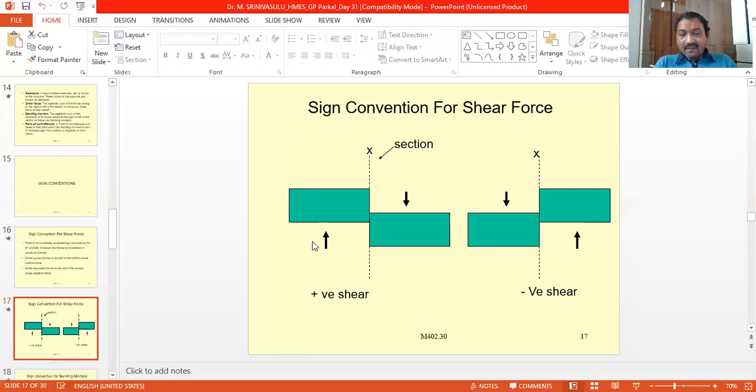And the opposite to this: if it acts upwards to the left, then downwards to the right is also positive. So upwards to the left is positive and downwards to the right is also positive. Either this force or this force, both are positive. So this produces the positive shear, and this is the diagram for the positive shear. And next one is